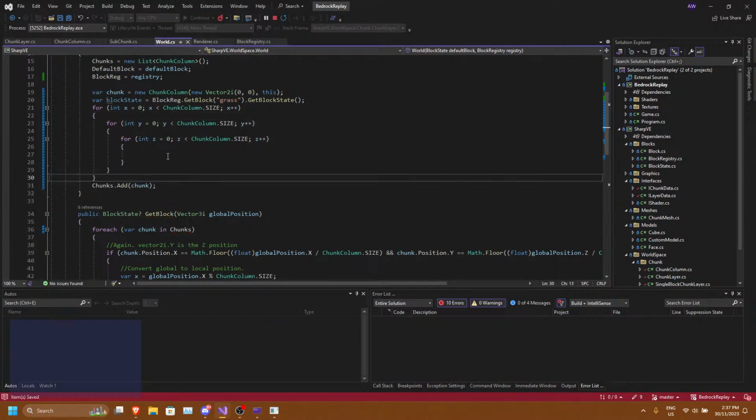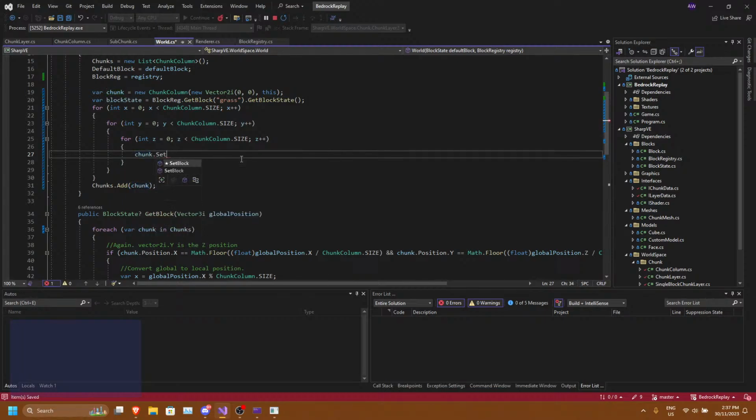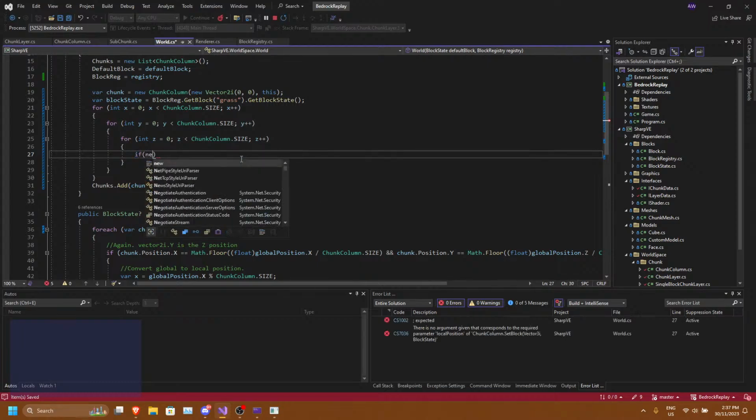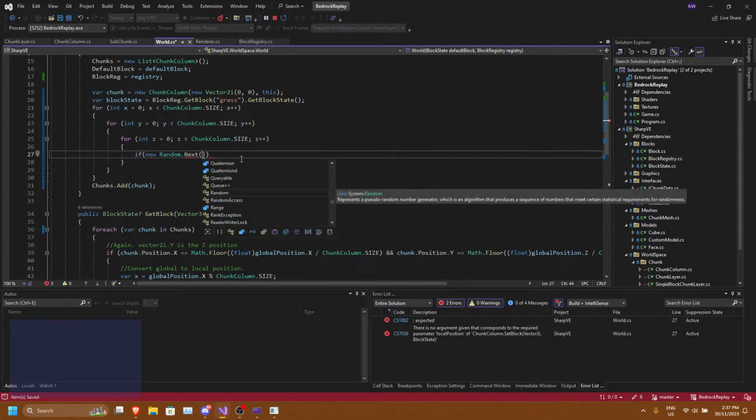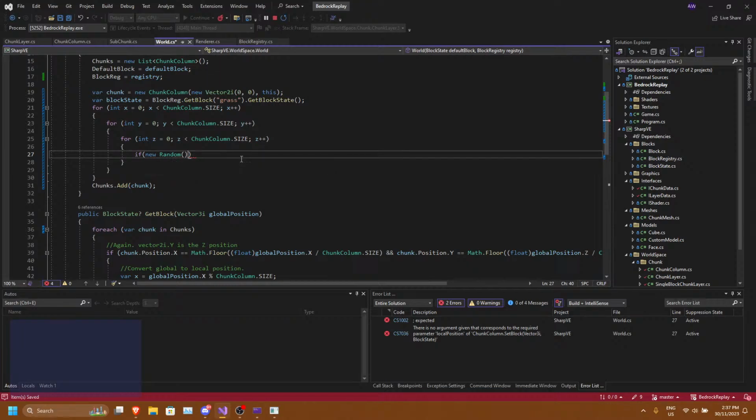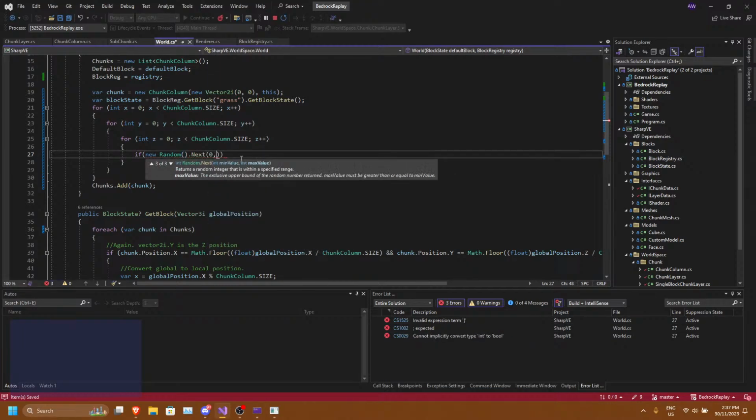So if we do a zero between 0 and 5 is equal to, let's just say 3 or 0.